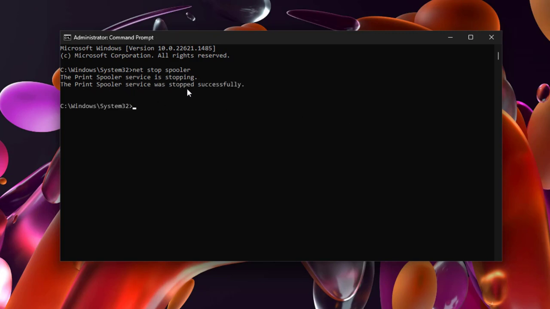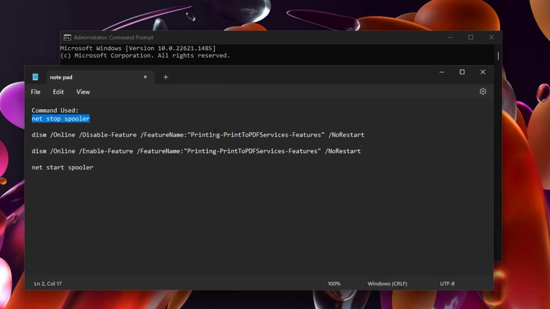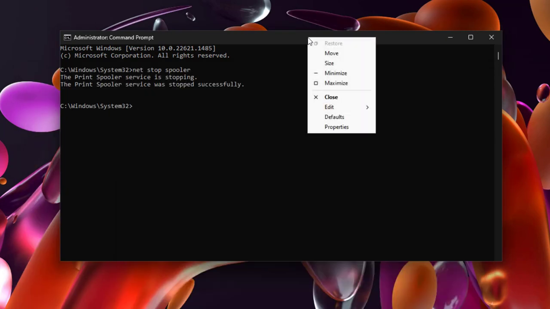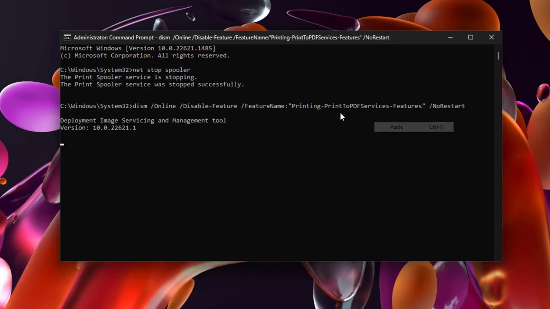Printer spooler service is stopped successfully. Copy the next command, guys, copy, tap the bar, right click, paste it. The next command is successfully added, guys. After this,